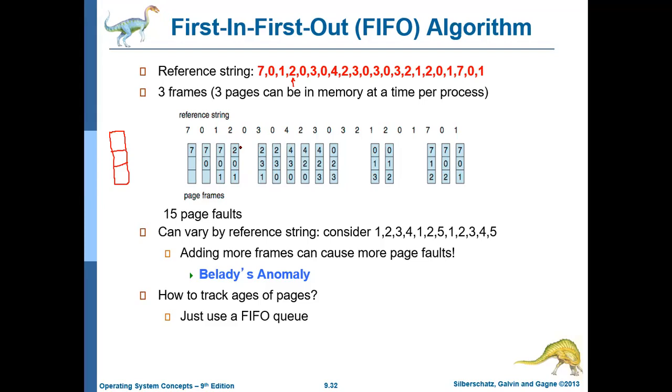If you are comparing this 2, 0 and 1, which process has been entered first? If you are comparing these three, 2, 0 or 1, 0. 2, you have just inserted 1 before that, 0 in the first. So you need to remove this 0 and you are inserting that 3.